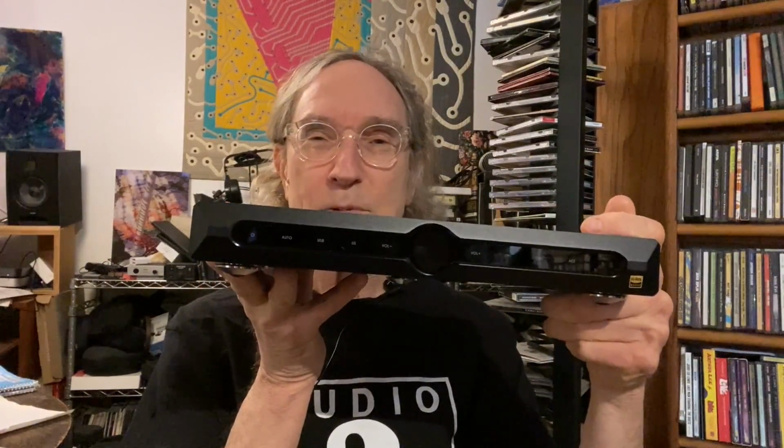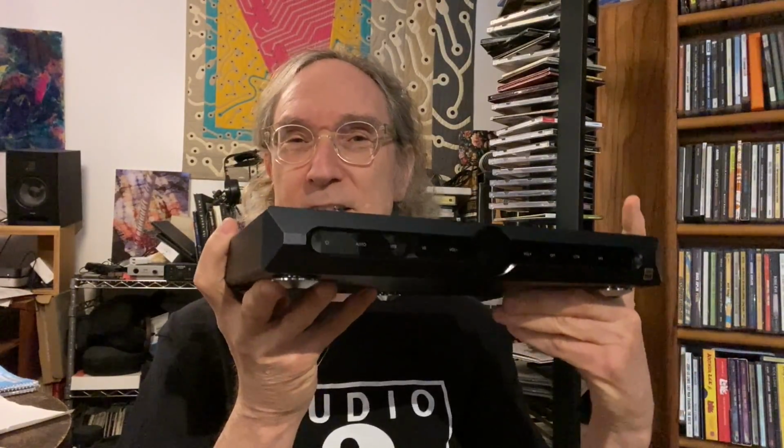This is the Audiophiliac Daily Show, and this is the Matrix X-Sabre Pro MQA DAC. It's a beautiful piece of kit, very solid. It's a cast metal chassis. Here is the rear panel. And the other nice thing I can say about this DAC is